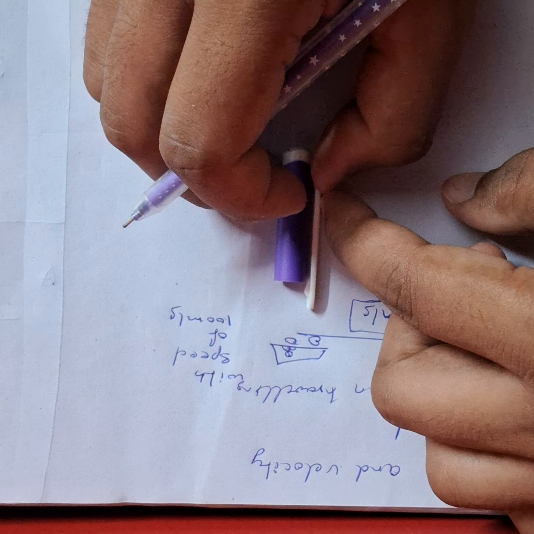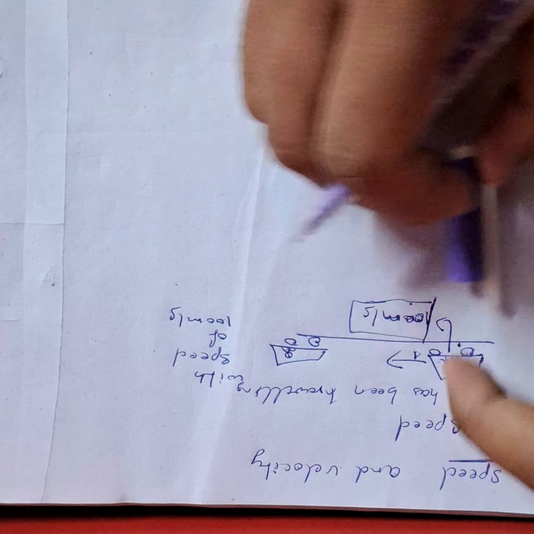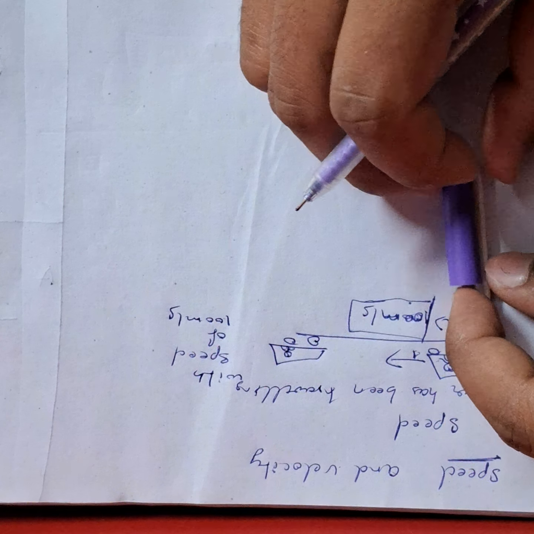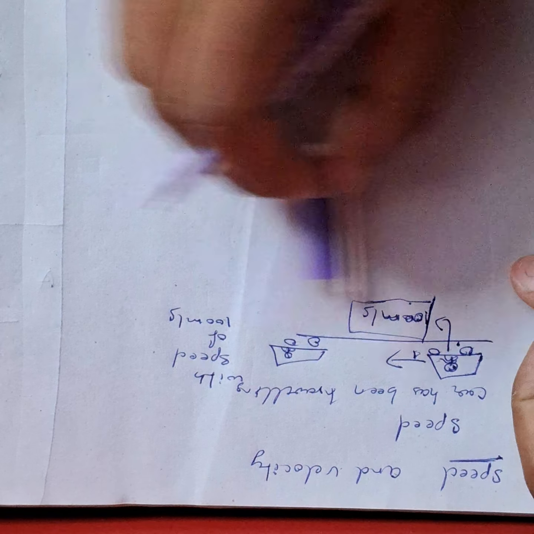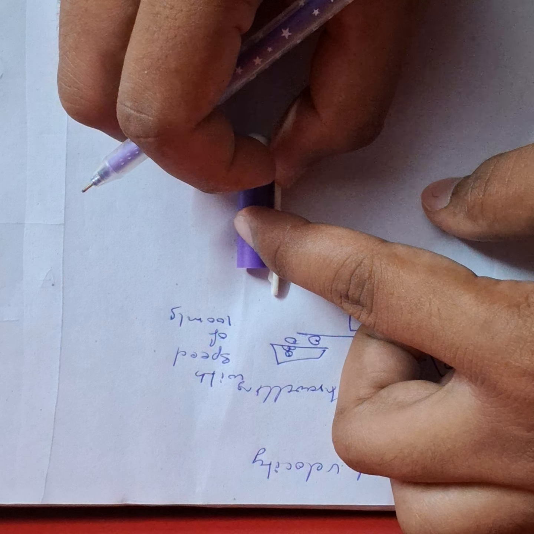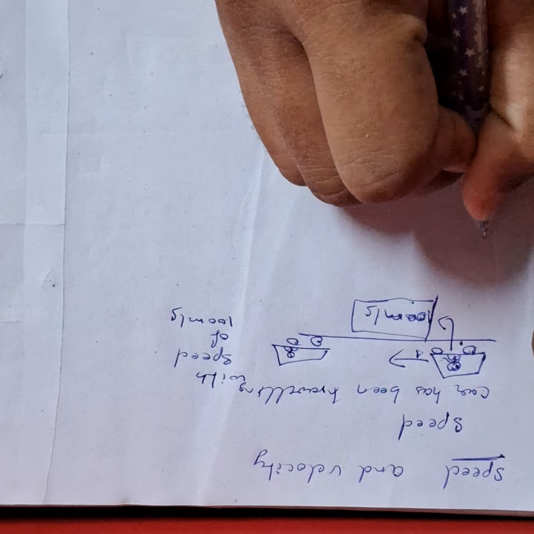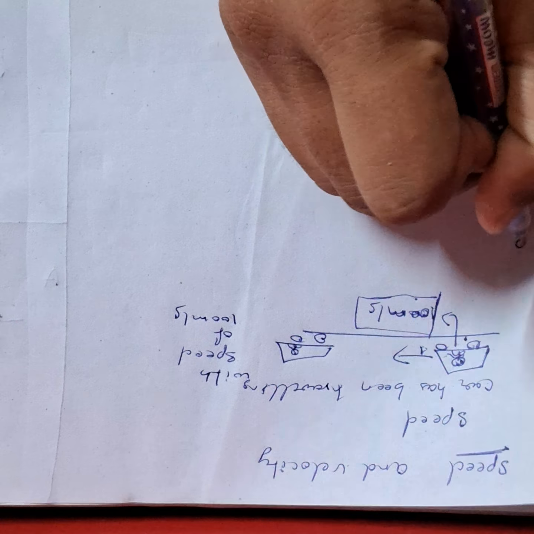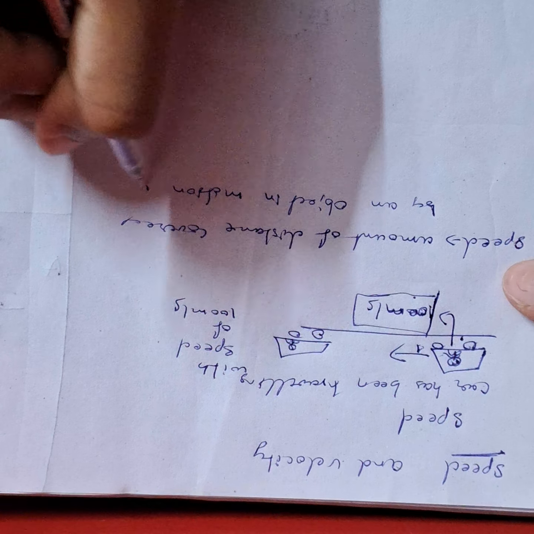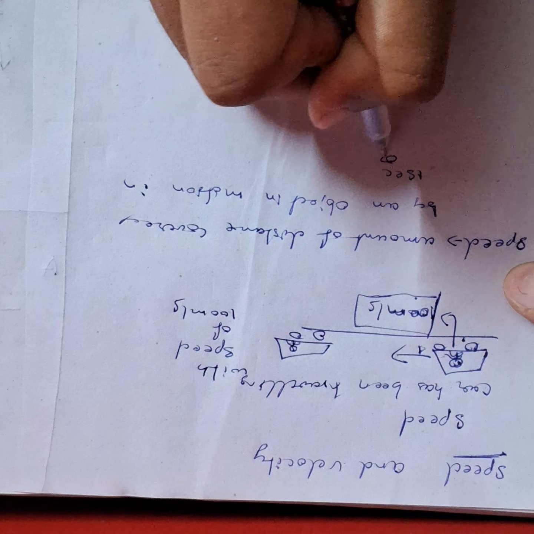Did you understand what I am trying to say? The distance covered by an object which is in motion in 1 second. If it covers this distance in 1 second, then this distance is its speed. So what is speed? The amount of distance covered by an object in motion in 1 second, or